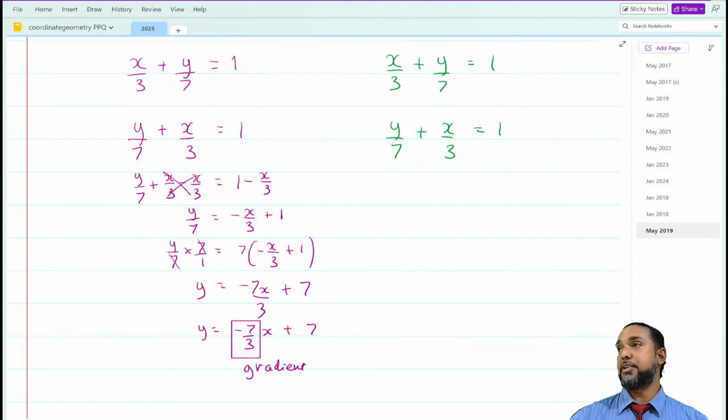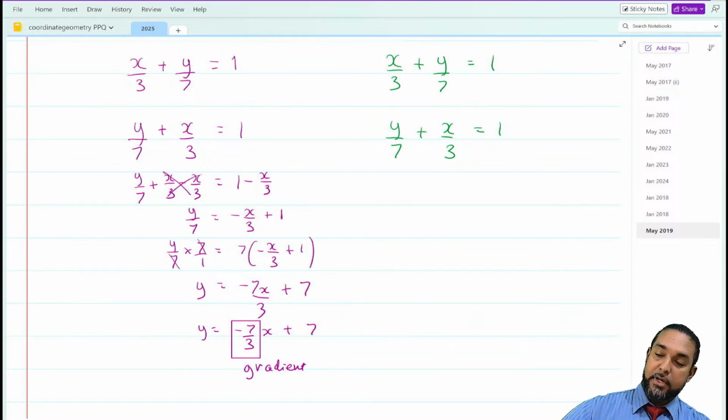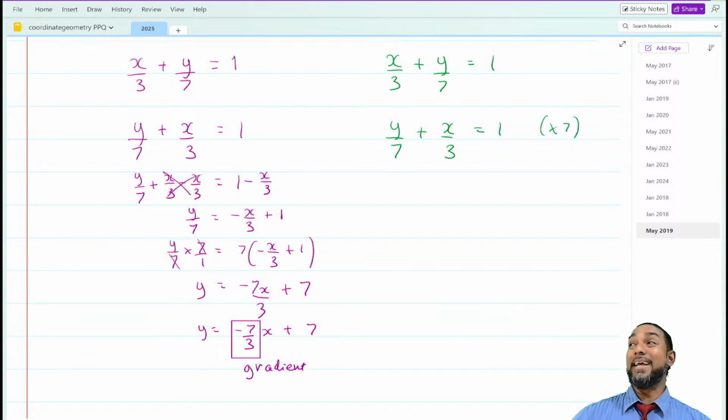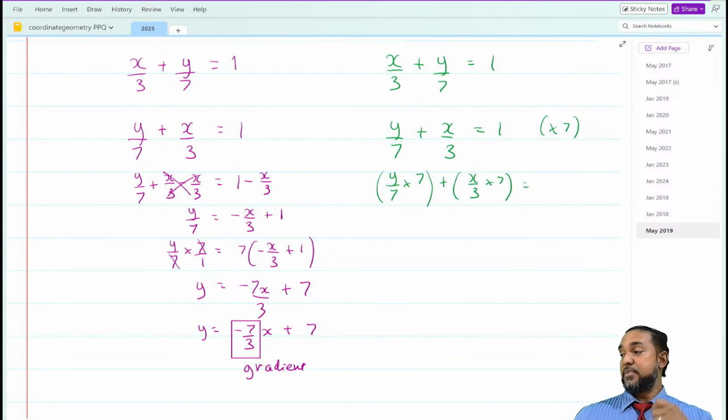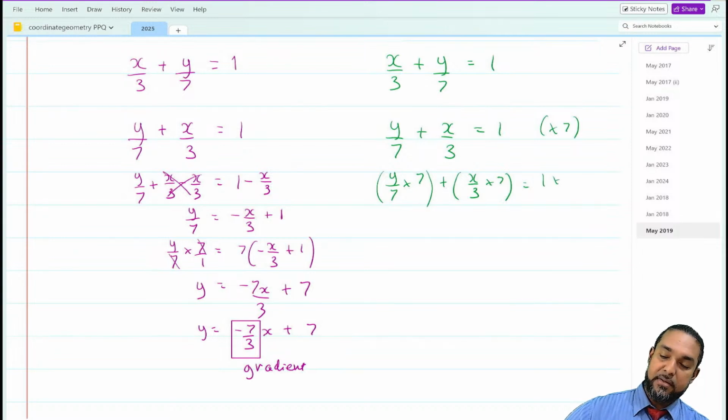How is the 7 attached to the y? We're dividing by the 7. To remove something attached by division, we use the opposite operation, which is multiplication. So you can multiply by 7, but you have to multiply everything by 7. So if you want to see it long ways, the y over 7 is multiplied by 7, right? The x over 3 is also multiplied by 7. And of course, whatever happens to one side of an equation happens to the next side. Now here, the 7s will cancel, leaving us with just y.